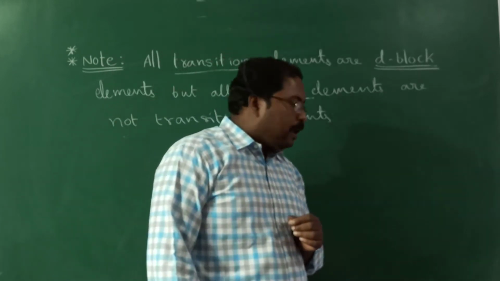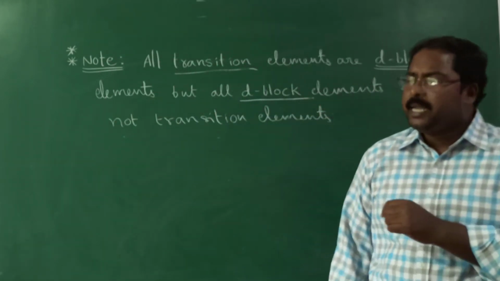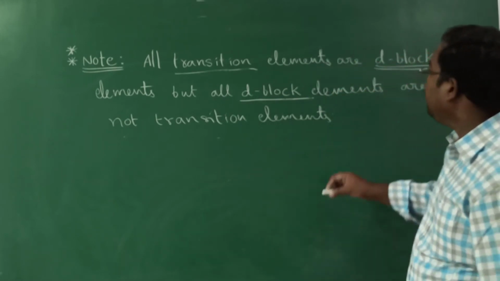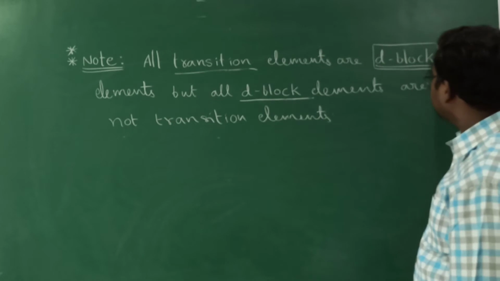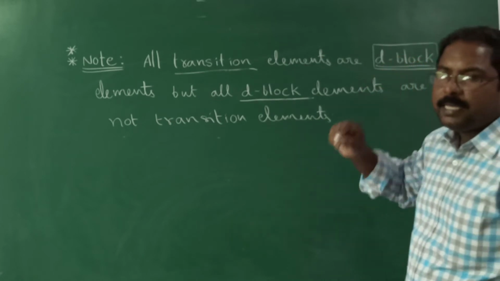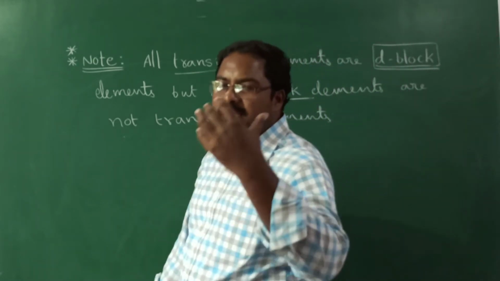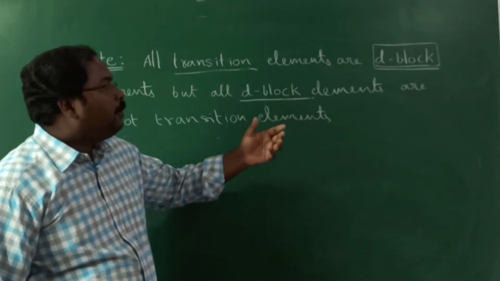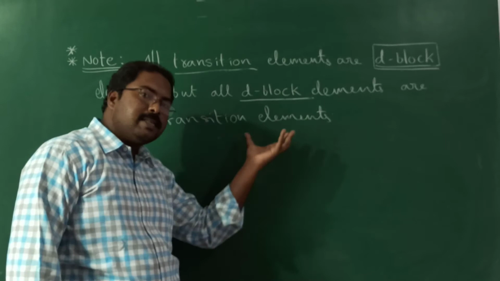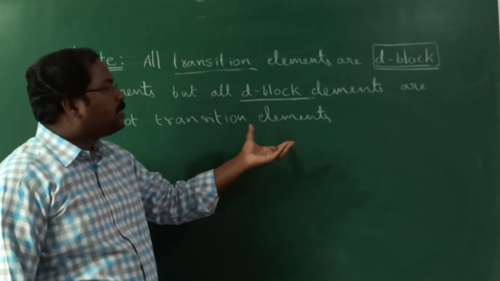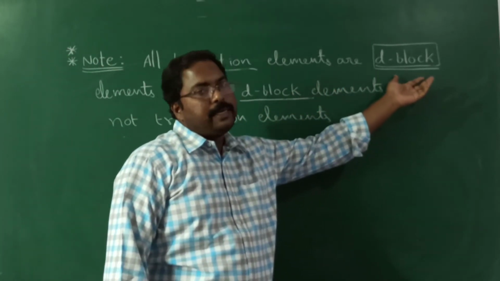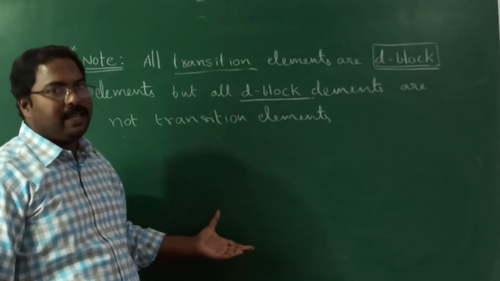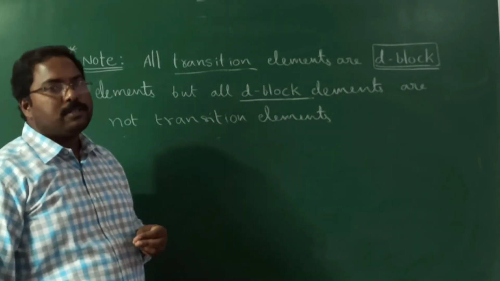Next, coming to the general properties of transition elements, as we already discussed in detail the properties of d block elements, the same properties we have to write here. It will be a waste of time to discuss the same points, because just in yesterday's class we discussed the general properties of d block elements. The same properties we need to write here. You write in the notes, right?